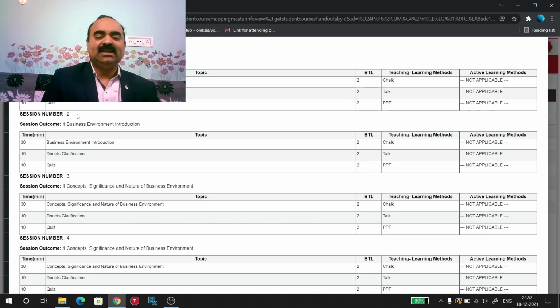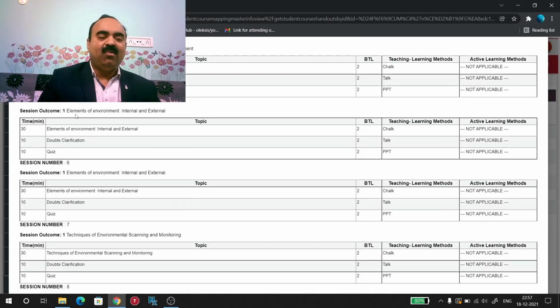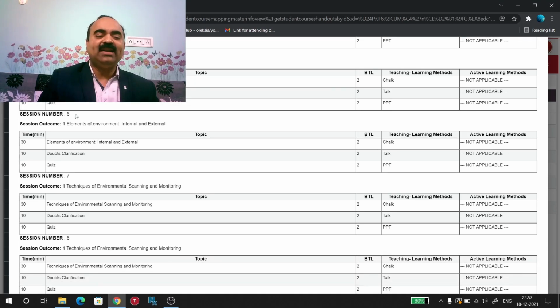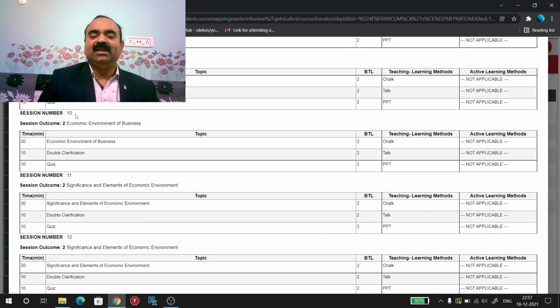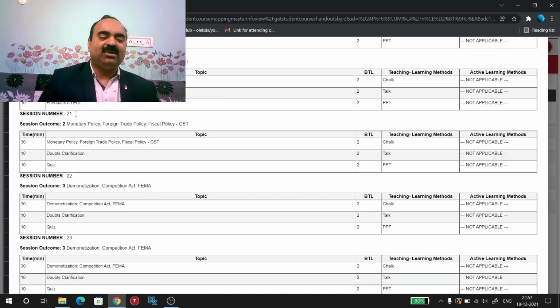Dear students, that's how the teacher will give the details of what textbook he is going to use, what teaching learning methods he is going to use and what evaluation components he is going to use in the course handout.